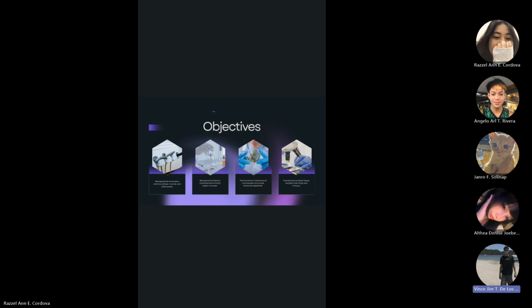Our main goals in this study were to first identify the different layers that make up the stomach and small intestine, like the mucosa, submucosa, and muscular layers. Second, to describe how these layers look under the microscope. Third, to understand what these structures actually do. And lastly, to compare what we see in frog tissues with those in human tissues.